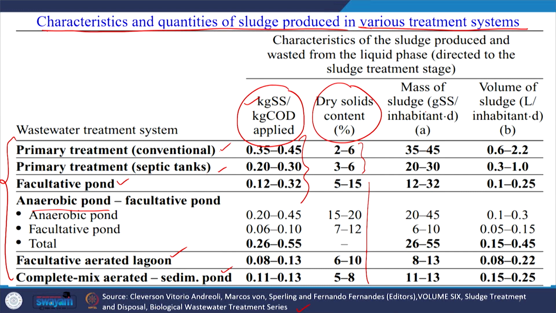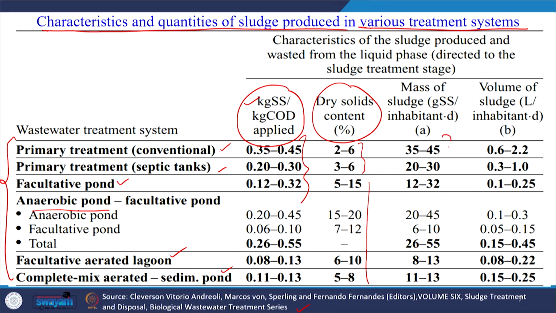The mass of sludge also we can tentatively calculate based upon how much wastewater is getting generated. So, tentatively the mass of sludge in grams SS per inhabitant produced per day. This calculation can be done if you are planning for any community or any city. Then similarly we can calculate the volume of sludge in liters per inhabitant per day. So, these are very important data